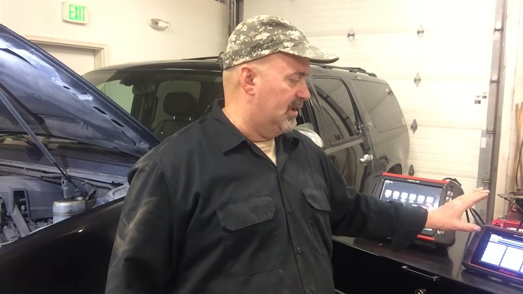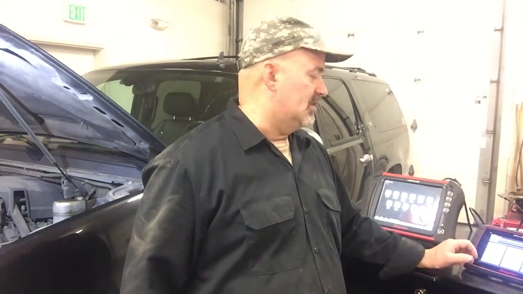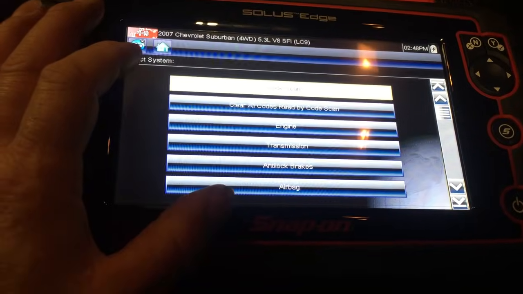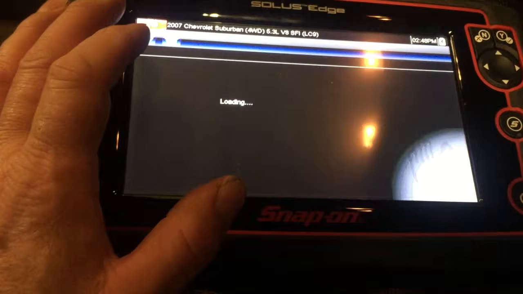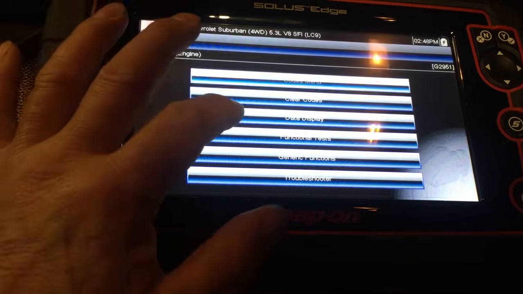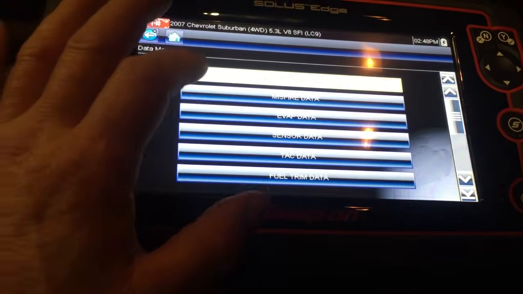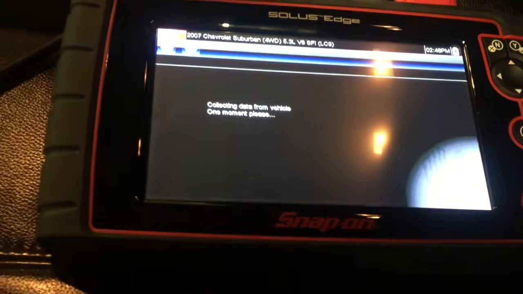Super handy to have a scan tool with the ability to view the data PID for oil pressure and actually see what the computer is seeing coming from the sensor as far as the pressure. This vehicle is a 2007 Chevy Suburban equipped with the 5.3 motor. Okay, we're going to connect our scan tool and we'll monitor the engine data. We'll just go to engine data